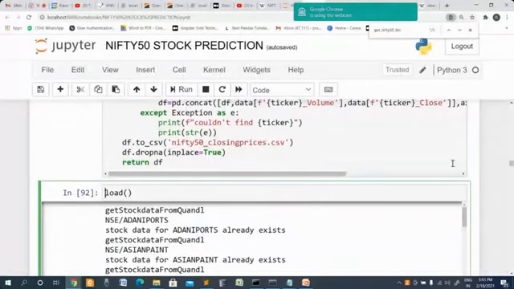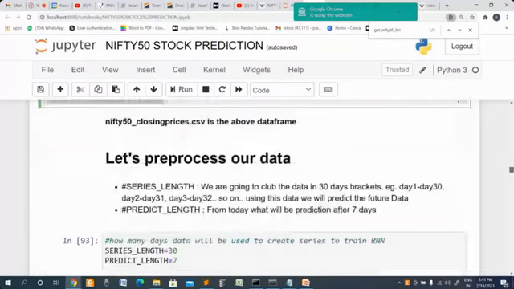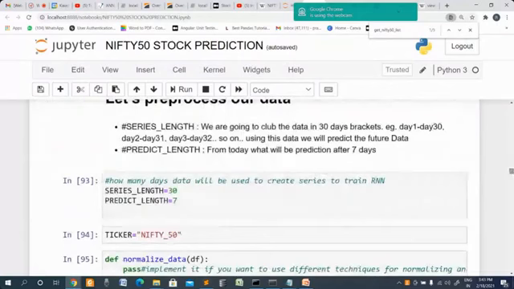We got this data. So this is our pre-process. Now what I wanted to do is group the data. Suppose I want to do the prediction, so on how many days of data do you want to use to predict? Here I have taken the series length as 30.